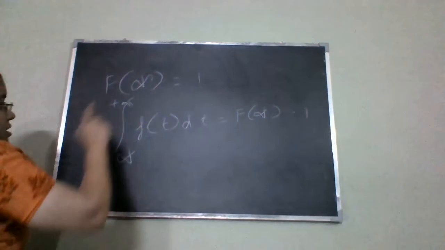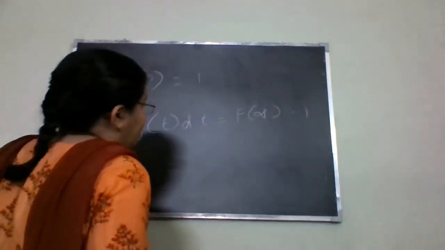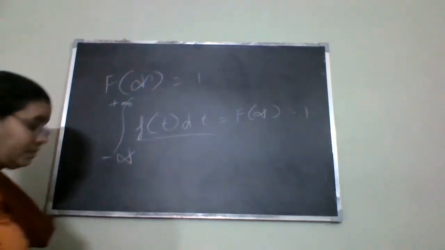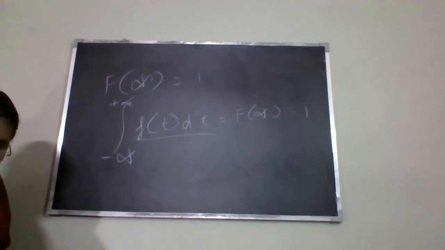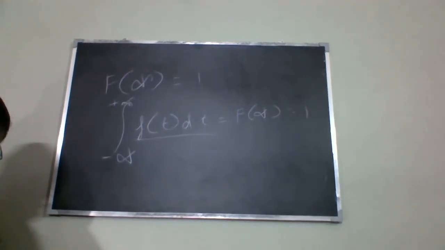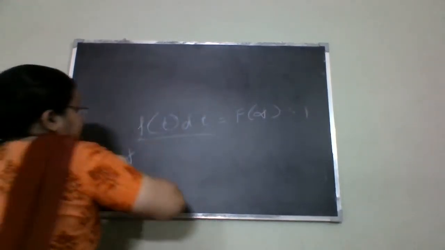So if F(infinity) is equal to 1, we will have the integral from minus infinity to plus infinity of f(t) dt equal to F(infinity), which is also equal to 1. Next again, this limit you don't need right now, but still let's have a discussion on that. Further properties of PDF are